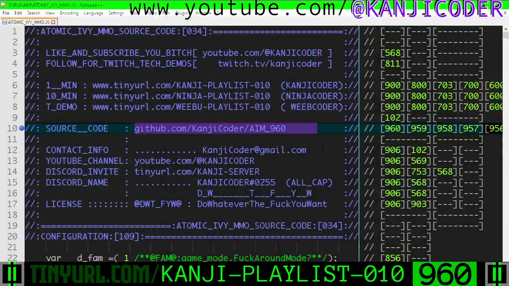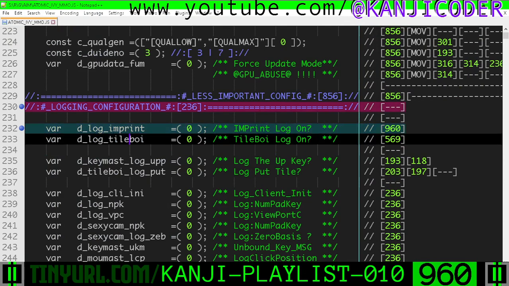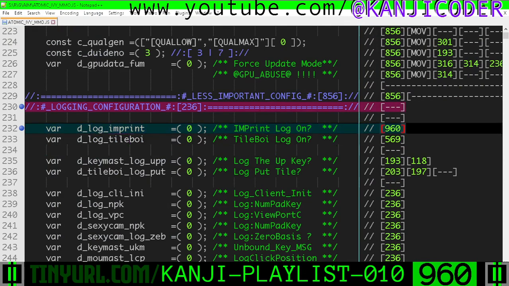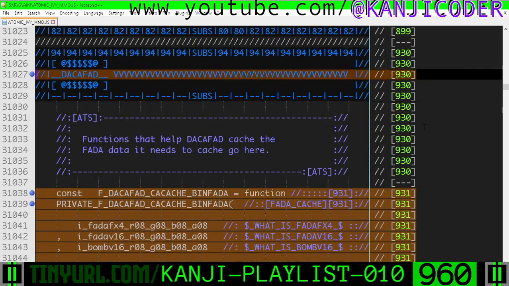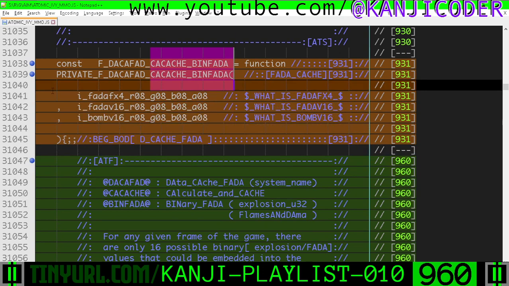960! Here's our source code right there. Let's go. Okay, in the logging configuration, we have this new variable letting us know if logging is turned on for the integer map printer. And then in DACFAD, within DACFAD calculating cache binary FATA value that caches FATA information in these lookup tables, we